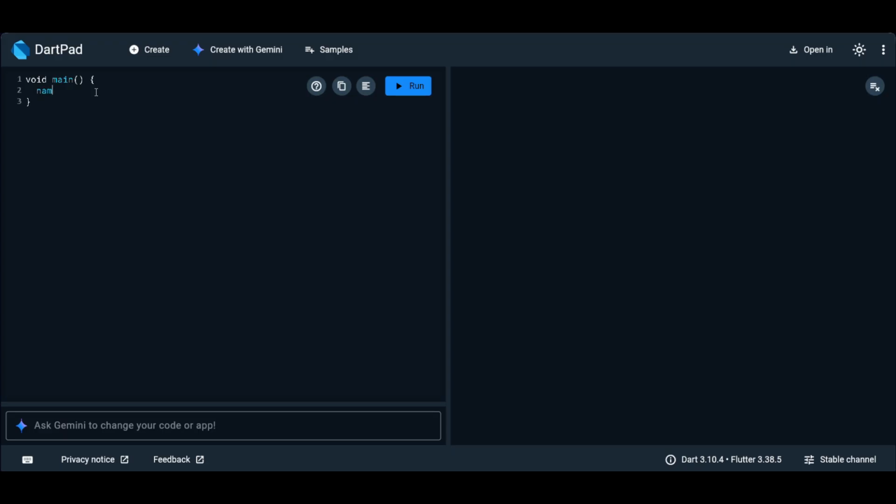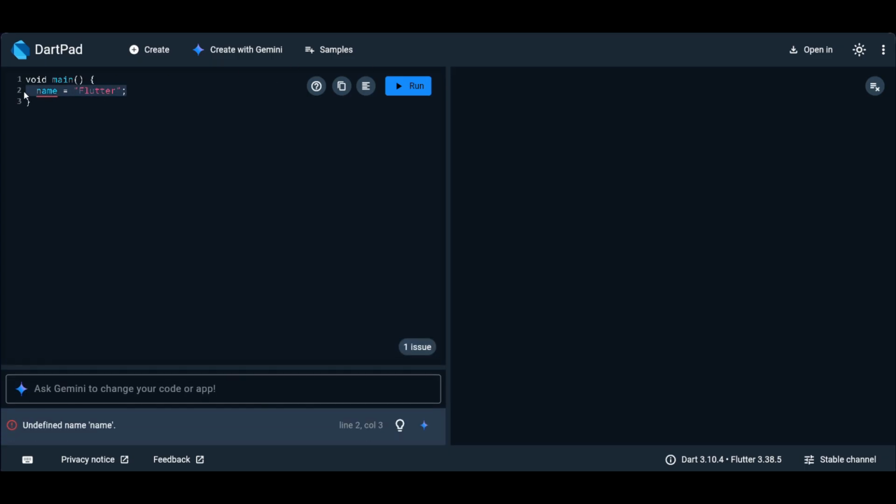If you want to create a variable called name and store the value Flutter, this is not allowed because you haven't explicitly mentioned the data type that name is. Now, if I explicitly mention the data type string, then it allows me to store the value Flutter inside the variable name. There's a load of variable types in Dart, but the four main ones that we're looking at today is string,